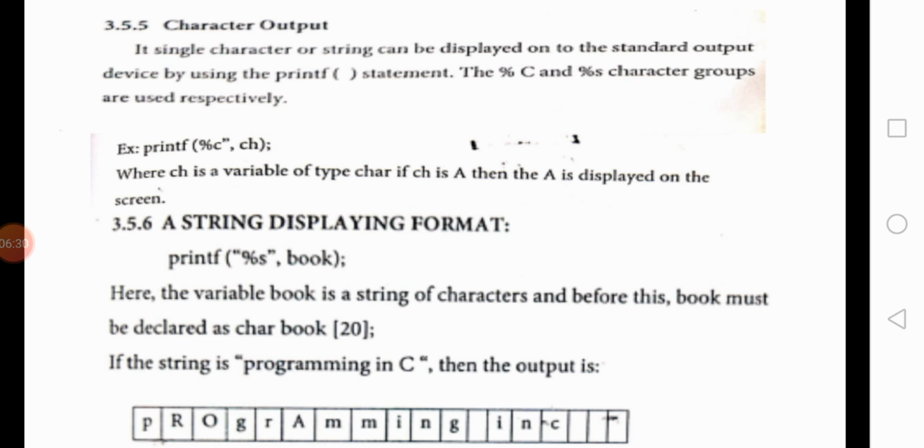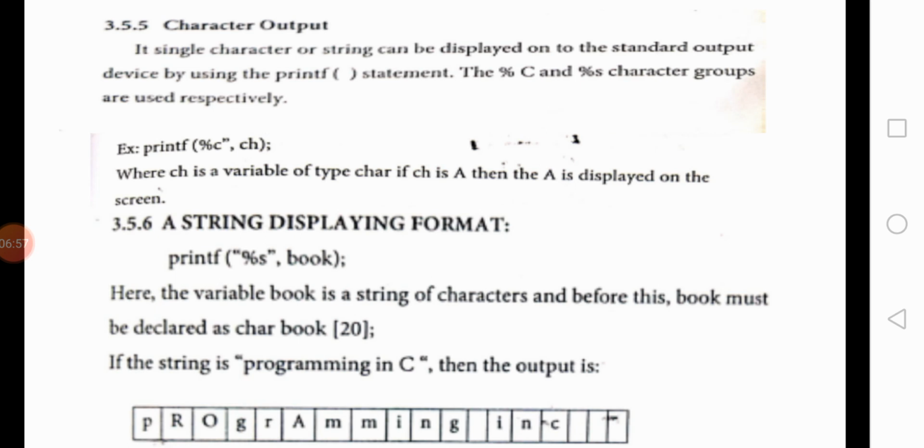PROGRAMMING in C, 3, 6, 9, 11, 12, 13, 14, 15, 16, then the output will be displayed on your screen. For example, again you have added programming in C and Java, whatever input it may be.